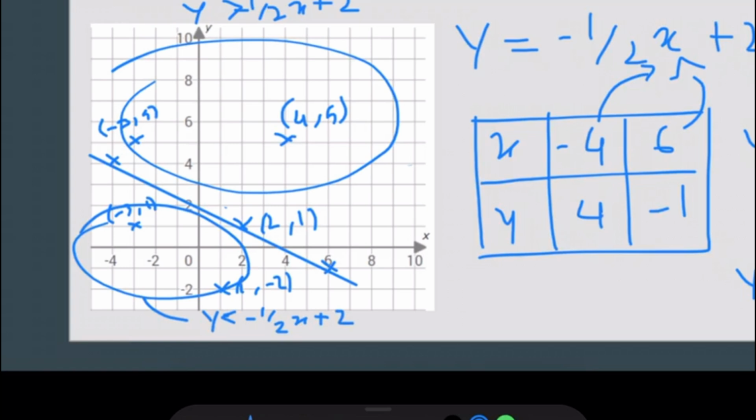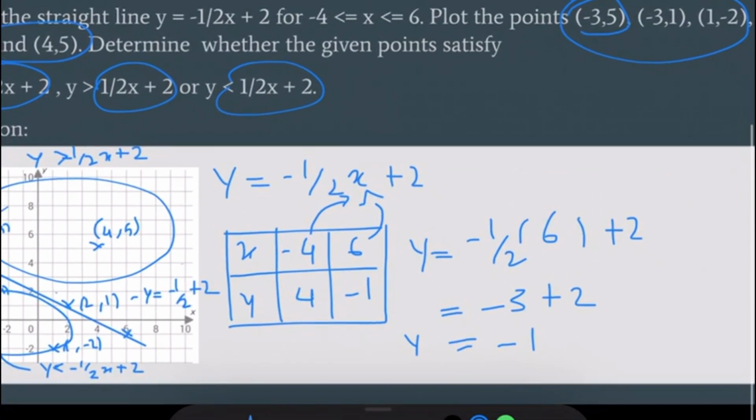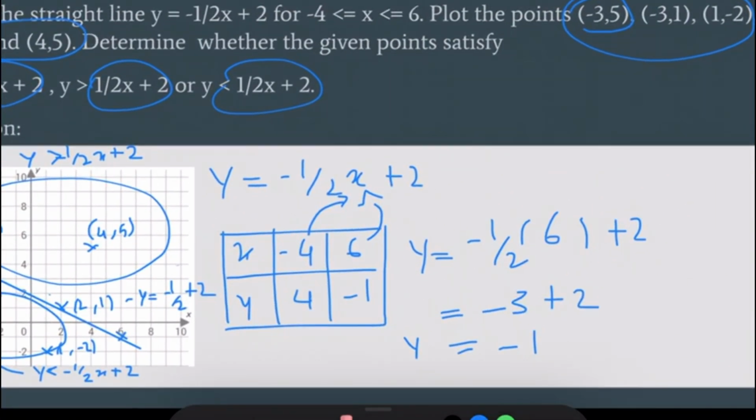And any coordinate that touches the line satisfies that y is equal to negative 1 per 2 x plus 2. Okay, so the final answer for this question is